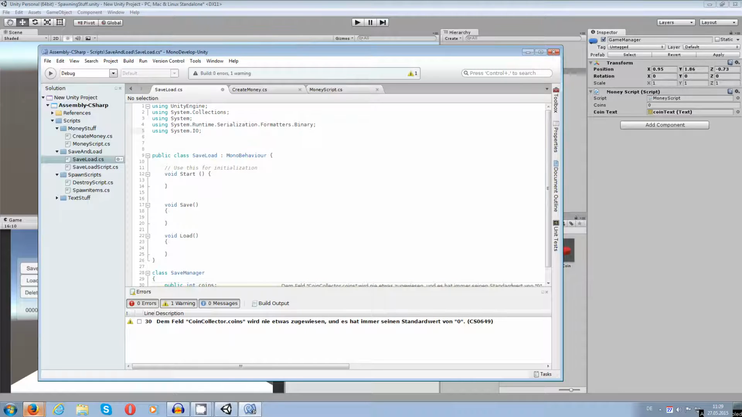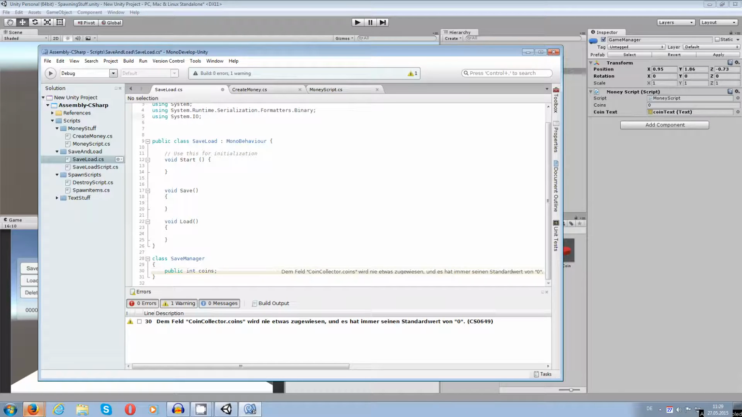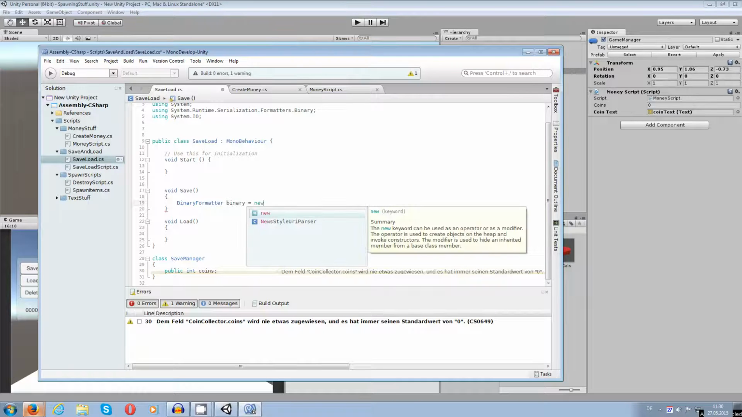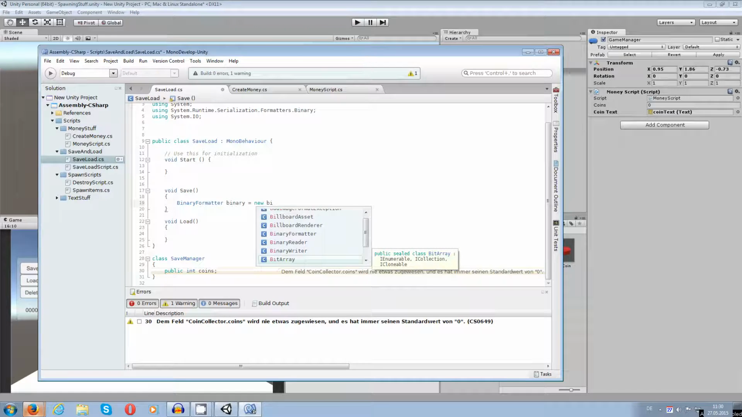Okay, with that done, with all three namespaces in here, we can go forward and actually write the save function. At first we want to create a new binary formatter, which is accessible after you add the namespace for that, and we are calling this one just binary. You can call this one however you like. We need this one to access the file itself and to make this one serializable and so on and so forth. Okay, so this is going to be a new binary formatter